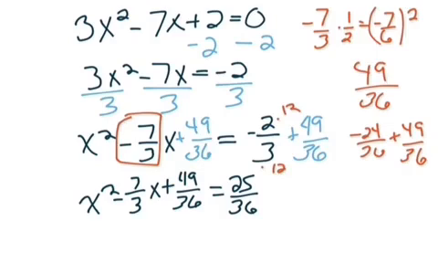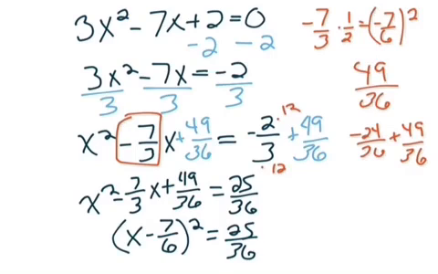Now for your factoring, if you just kind of think for a minute, it's not as hard as it looks. You're thinking, oh, these fractions look terrible. But we know that we squared 7/6 to get this fraction. So that's likely going to be part of this factored term, part of this binomial, right? So if we just think about it for a minute, I need to end up over here with -7/3. Well, remember we divided 7/3 by 2 to get -7/6. So if you take -7/6 two times, you're going to get your -7/3, right? So this is really a lot easier than it looks. We know that it's going to have to be (x minus 7/6) squared equals